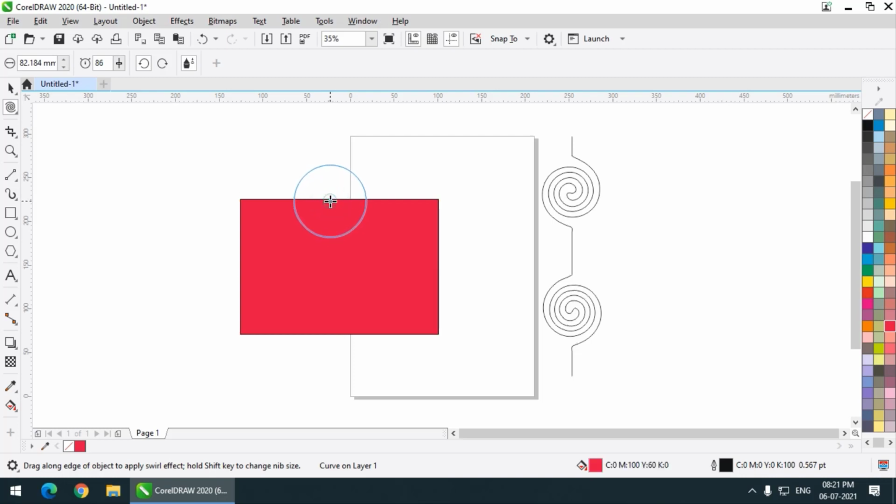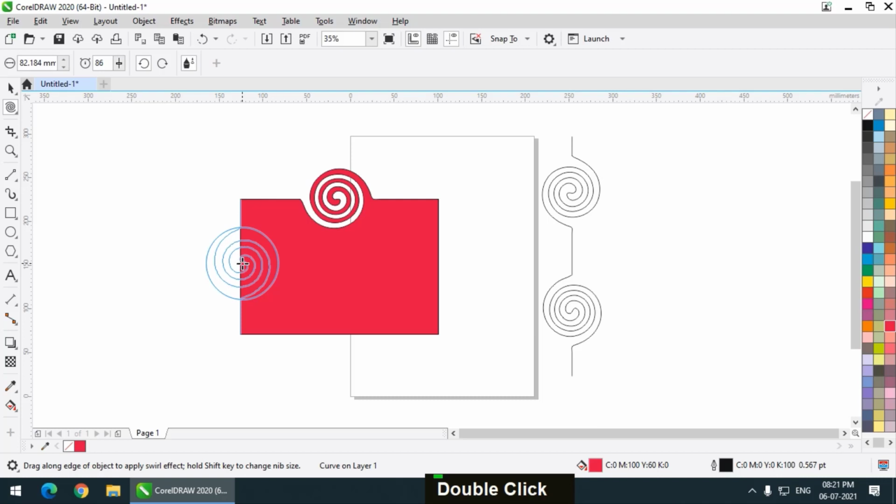First I have to select the object. Look, the speed has changed. And remember one thing, it doesn't work on the fill color, it only works on the lines or the outlines. If I try to apply it over the fill, it doesn't work. So you have to apply it on the outline or the line.